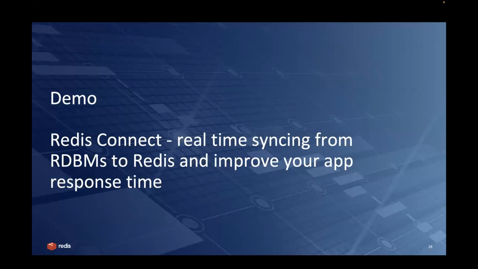So meaning that, for example, I have Oracle and I'm using Redis Connect to push data into Redis. Then you have to configure specific databases and specific tables. In the columns, maybe I have interest in only a few columns that I want to sync into Redis, and then Redis has the ability to sync into the hash data structure, which has multiple field values that represent a row from your relational databases, right? So for example, I have a